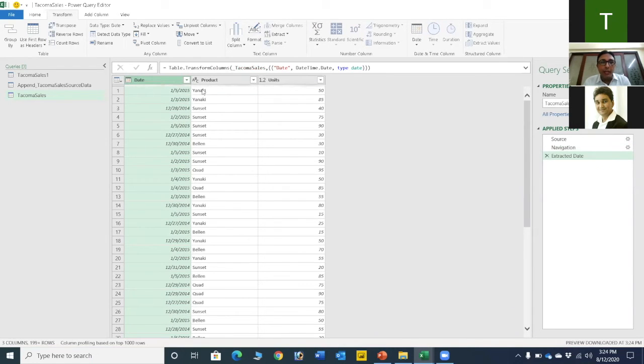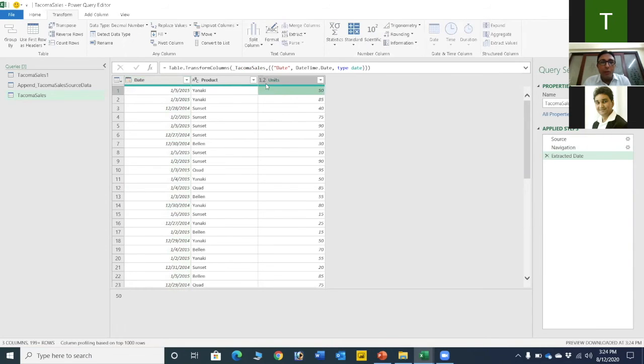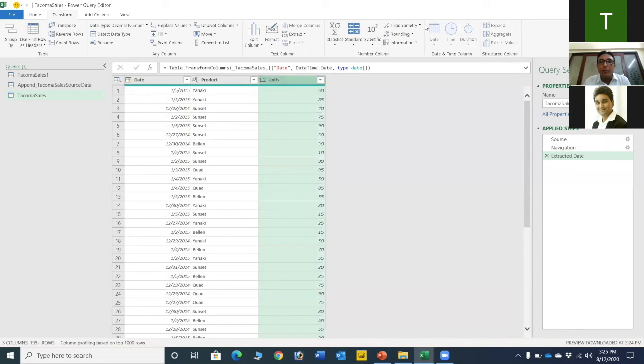So product ABC is okay. It's showing me another error over here. This is not an error. This is showing that I have detected this format over here. This is a decimal format, but I can't see any decimal format over here. So let's change this to only